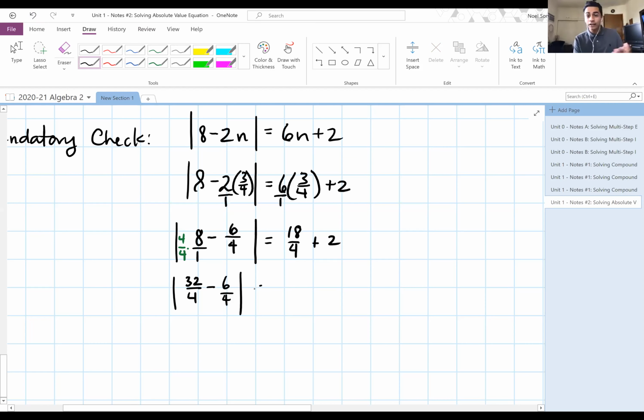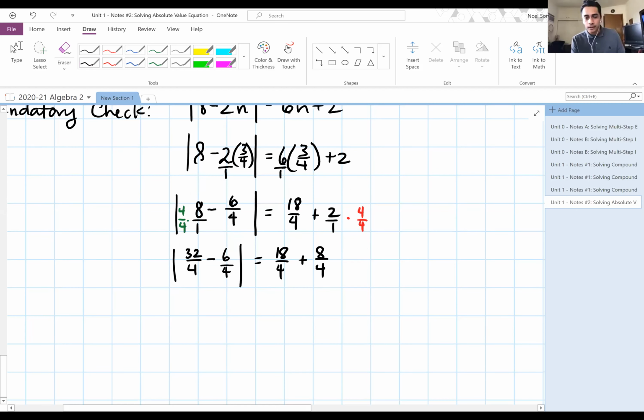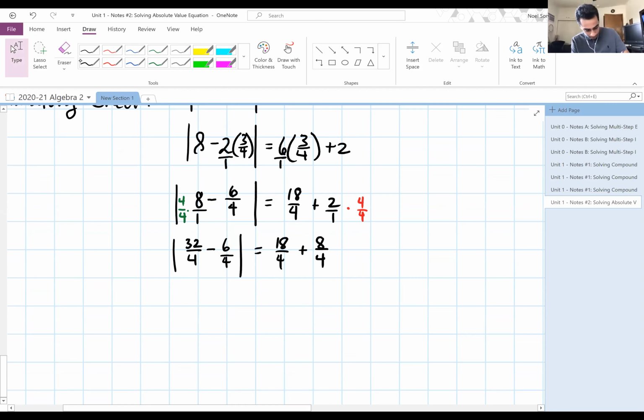Okay, and then on the outside, similar idea. Because I have 18 over 4, I want to make sure that I have common denominators on the outside as well. So I'm going to have to multiply this 2, which again is like a 2 over 1, by 4 over 4 as well, so that the denominators match. That's going to give us plus 8 over 4. All right. So let's go ahead and clean it up now. Finally, we can say this 32 minus 6 would be 26 over 4, absolute value of 26 over 4 equal to,